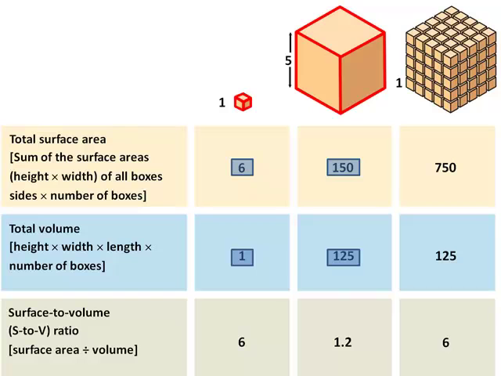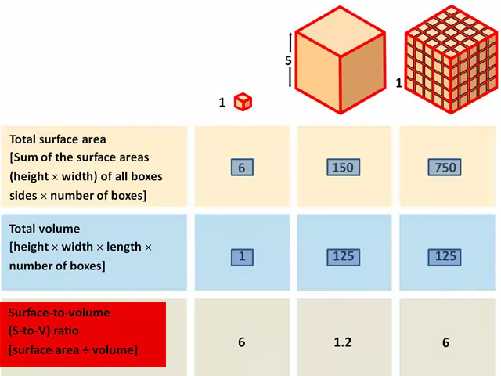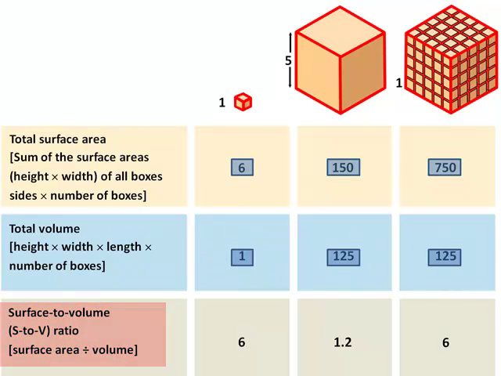Instead, we could do what happens between this second and this third block, and that is to add a large amount of surface area internally. By doing this, we increase the total surface area from 150 to 750, but we keep the total volume the same at 125. Now if we look down here at the bottom at the surface to volume ratio,